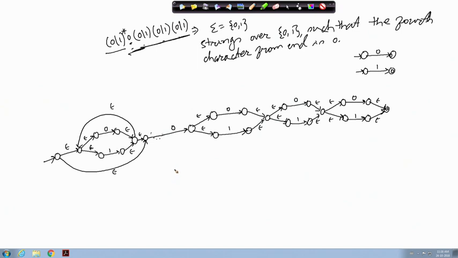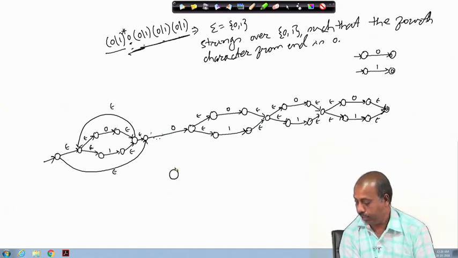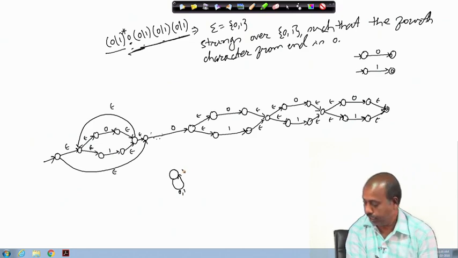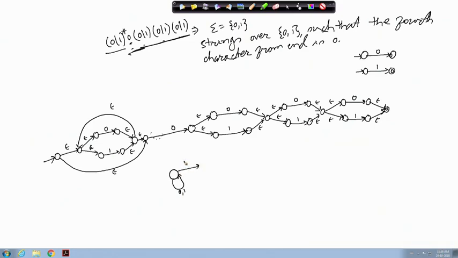Okay. On the other hand, we can also do it in a different fashion, like you can draw an NFA directly, like you can make it like this, that as long as it is 0 or 1, it remains in this state, and then when it gets a 0, it makes a non-deterministic move to the next state, and then you have got this 0 or 1, there are 3 such transitions, 0 or 1, okay, and this is the initial state, this is the final state.